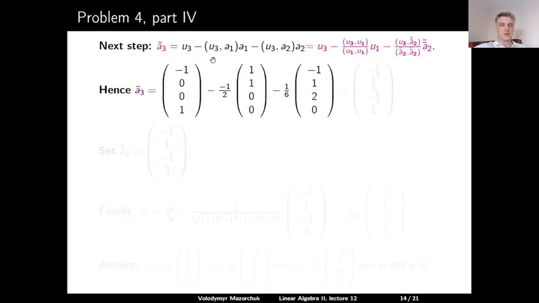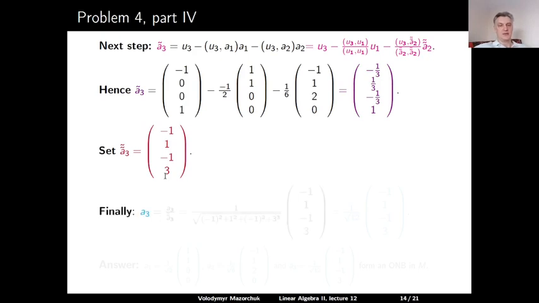It's 1. So we have this expression, and when we compute it, we will have minus 1 plus 1/2 plus 1 divided by 6. It's minus 1 divided by 3. And then 0 plus 1/2 minus 1 divided by 6, it's 1 divided by 3. 0 plus 0 minus 2 divided by 6, it's minus 1 divided by 3. 1, 0, 0, it's 1. So if you multiply this with 3, we will get the vector minus 1, 1, minus 1, 3, which we